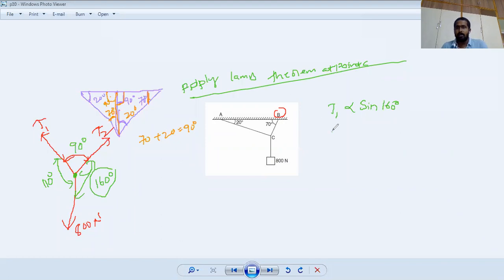Now tell me T2. T2 is directly proportional to sine 110 degrees. Next, 800 is directly proportional to sine 90. Okay. Now I will write it as T1 divided by sine 160 equal to T2 divided by